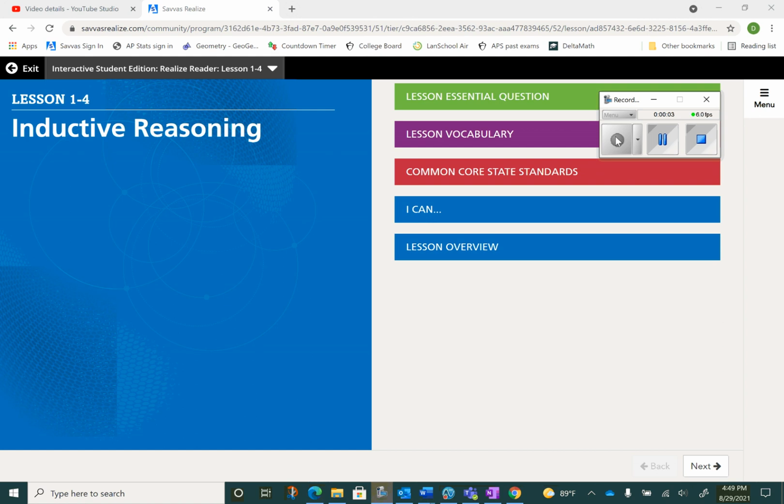Hello, everyone. I'd like to go through section 1-4 with you on inductive reasoning, and not sure how sensitive the